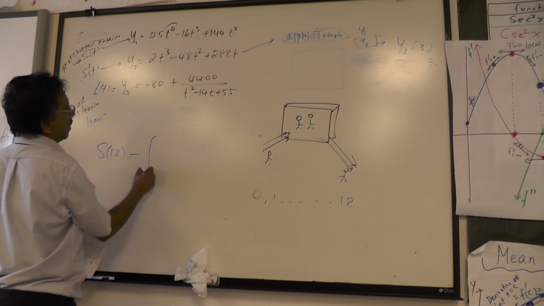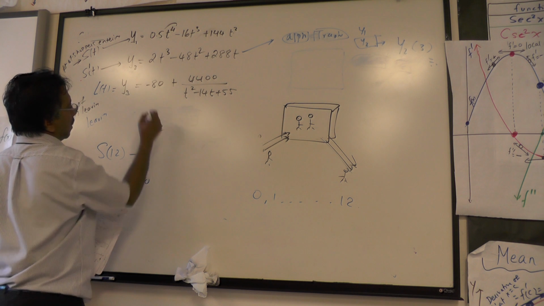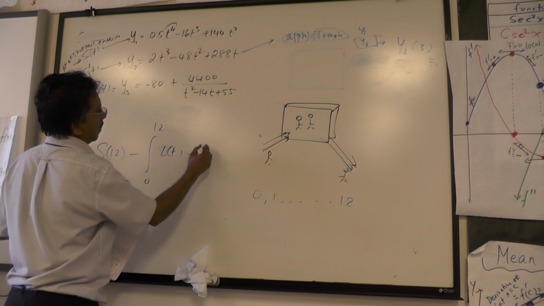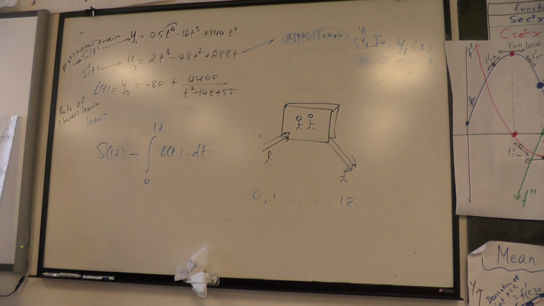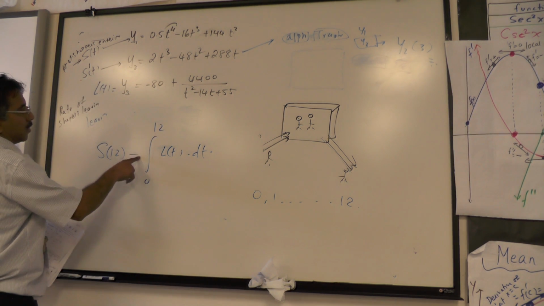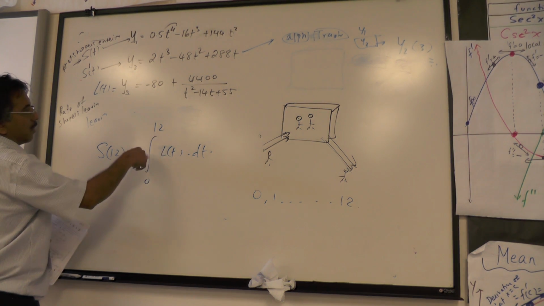So you have to take the integral from 0 to 12 of y3 or L of t here. Okay, so L of t, because remember when you take an integral